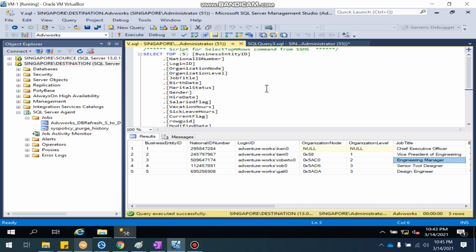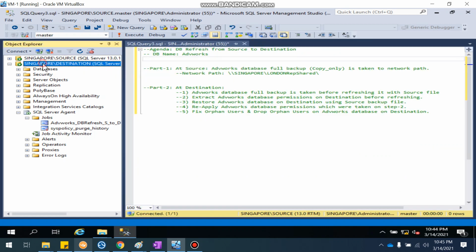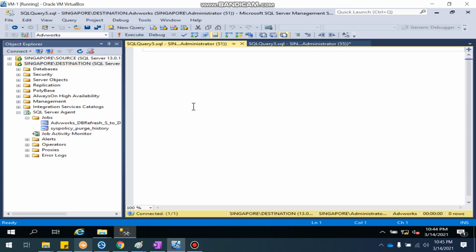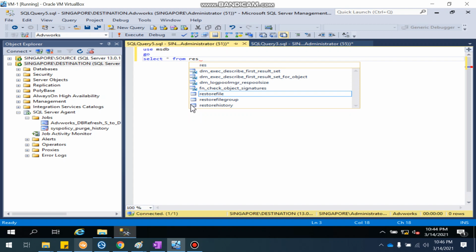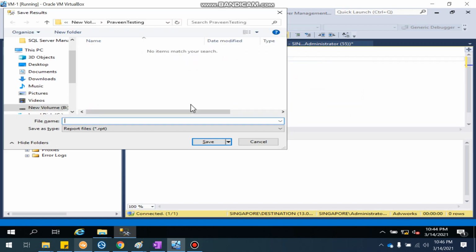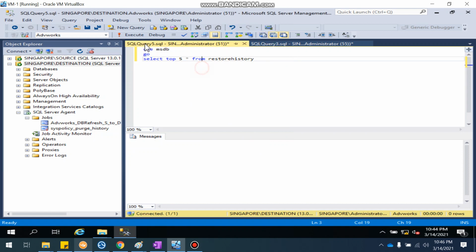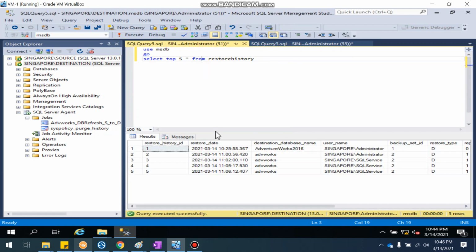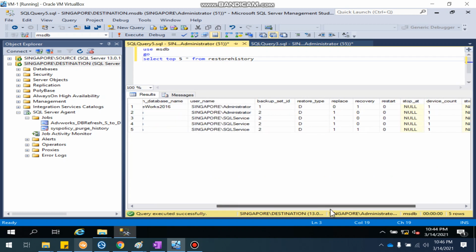That's the reason. This is one verification, and the other verification is to go to destination and check the restore history. Use MSDB, then go, then select star from restore history. Let me do top 5 star, then press. Oh, sorry. All right. Now, if you see, the last file I used to restore is